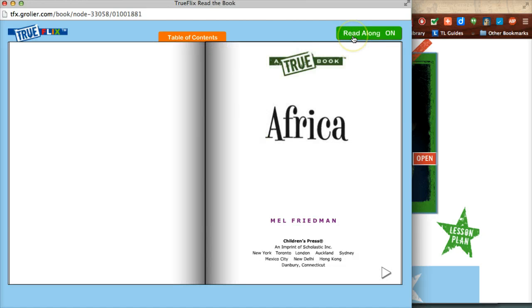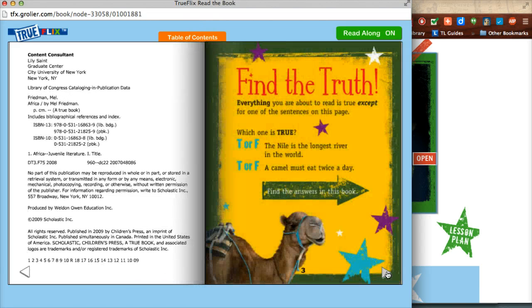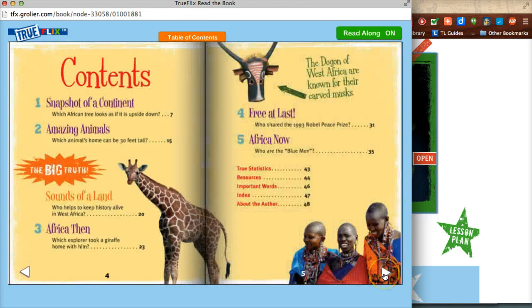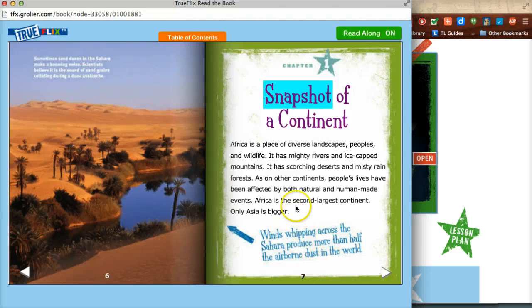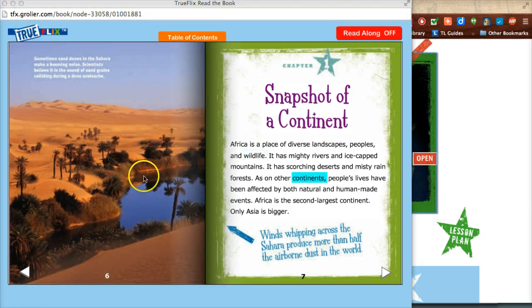And the read along is off, but you can turn it on. You can always get back to the table of contents, and when you click, it probably doesn't read until Snapshot of a continent. Africa is a place of diverse landscapes, peoples, and so you see it will read aloud to you,